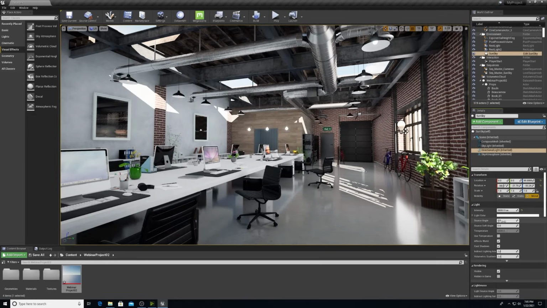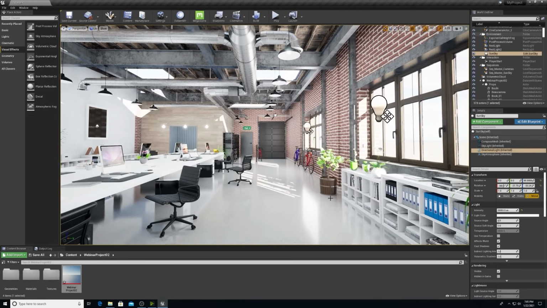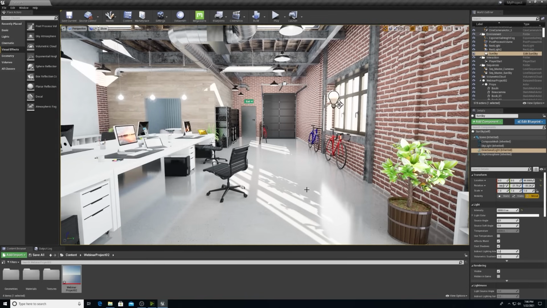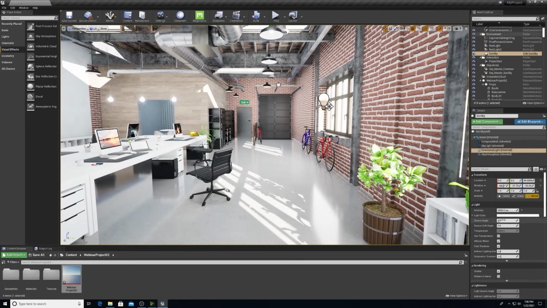I can also change the source angle number, which determines how large shadow penumbras are on the light. So it's going to control how the directional light's emissive surface extends on a plane relative to the receiver. So this allows you to make the shadows a little bit more diffused. And since we did bring in some clouds, I'm going to soften this up a little bit by changing this source angle to 5.